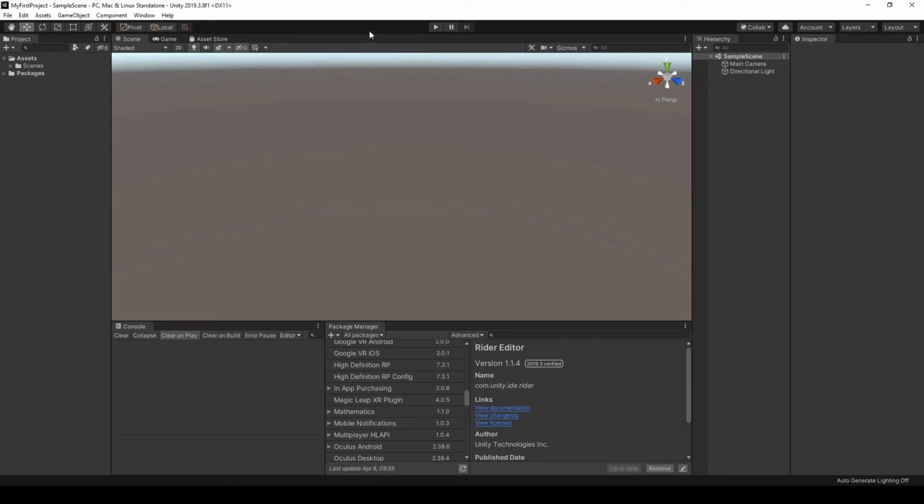So now that we have our first project, we've gone through the full process. We've gotten our account, we've gotten the hub. The hub got us to our Unity to be able to download the latest package, the latest application, and then we ran it from